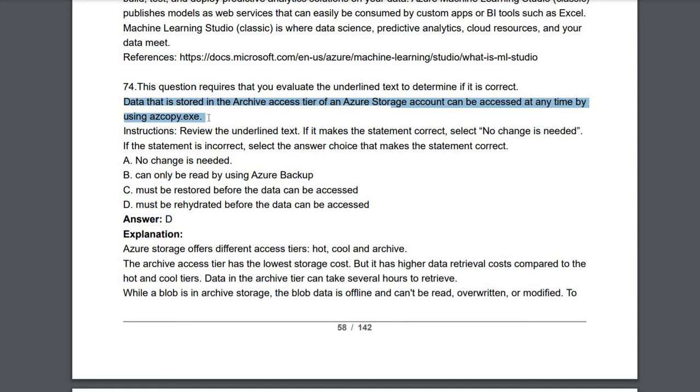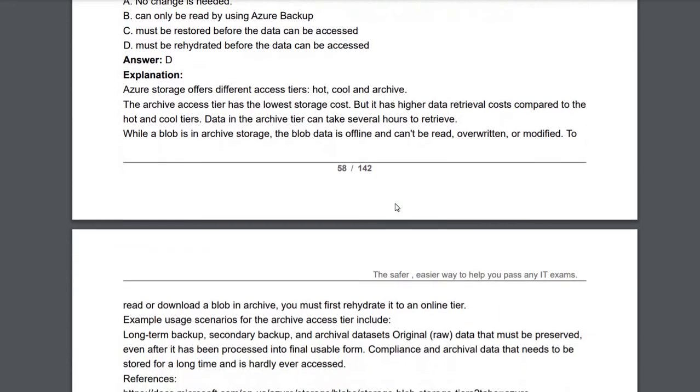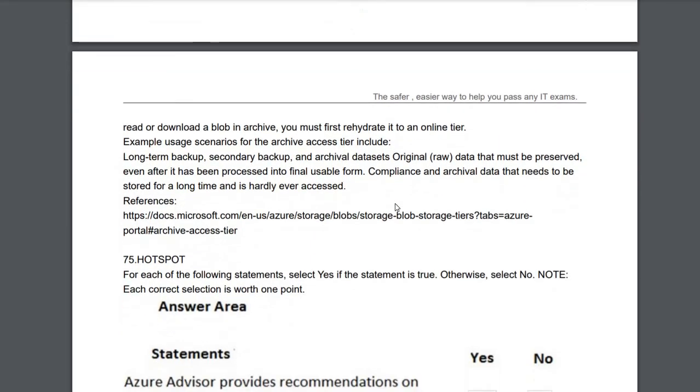However, we don't recommend it for data which is frequently accessed. It must first be rehydrated before the data can be accessed. You should move it to cool, then only can you access it. You can't access it at any time. So the statement is wrong. It must be rehydrated before the data can be accessed.